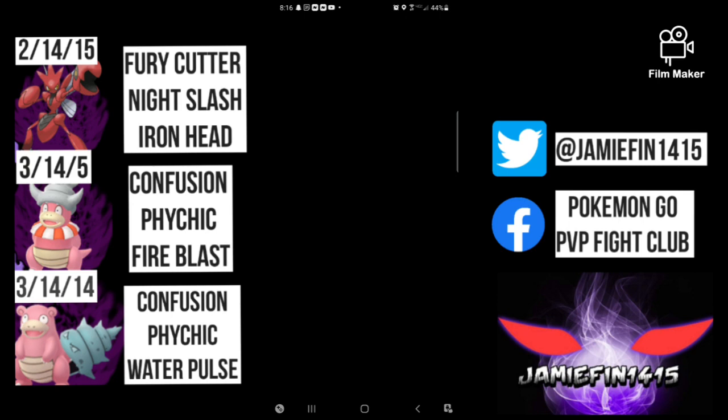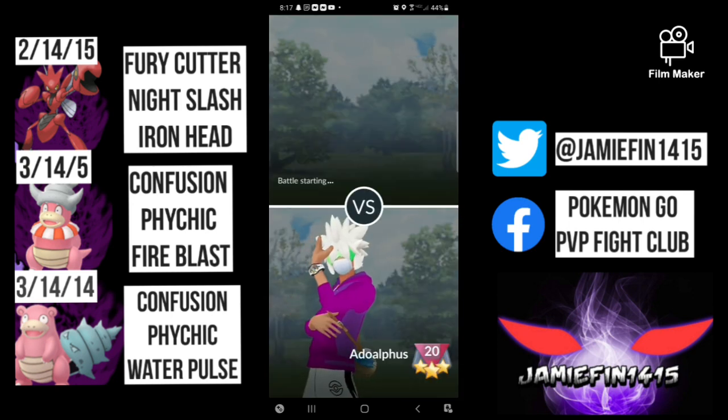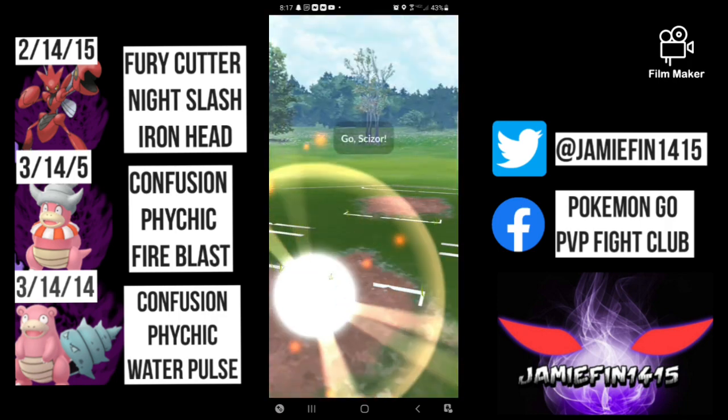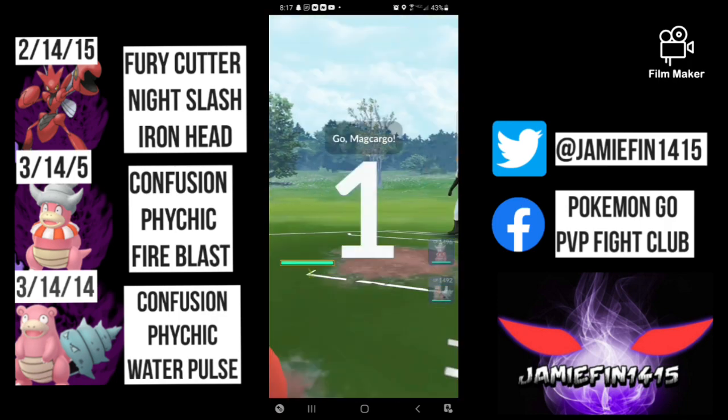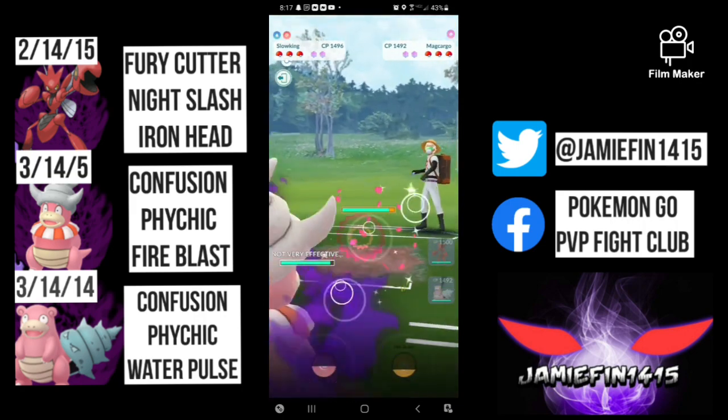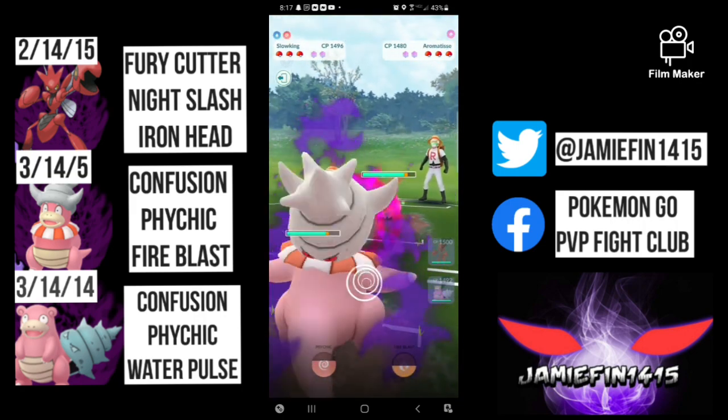Back up comes the Ahriados, and the opponent quits the match before we confusion down. Absolutely beautiful game there from Adoalphus, who is beautifully showcasing how to run an ABB team. Getting into the next battle, we see another Snail in the lead, so we switch out into our softer counter